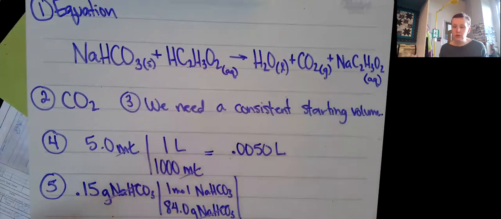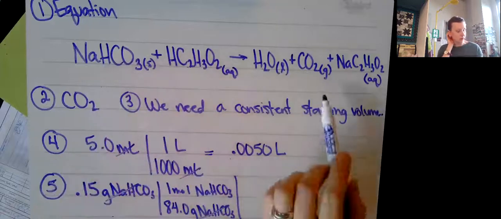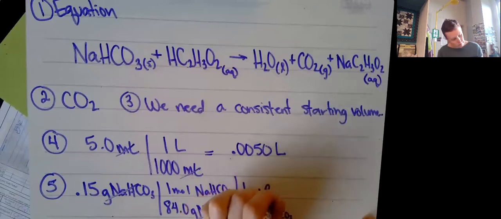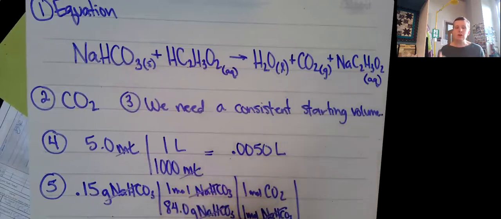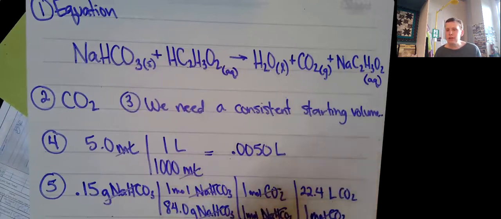All right. We are trying to find the volume of carbon dioxide. First, we need our mole ratio, though, which everything is 1 to 1, but 1 mole of baking soda for every 1 mole of carbon dioxide. And again, we're sticking to STP conditions for our calculations. 1 mole of CO2 is 22.4 liters of CO2. I think earlier I said we're going to convert this to liters. We're actually going to convert it to milliliters, but